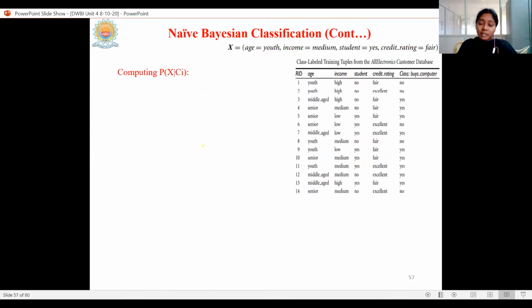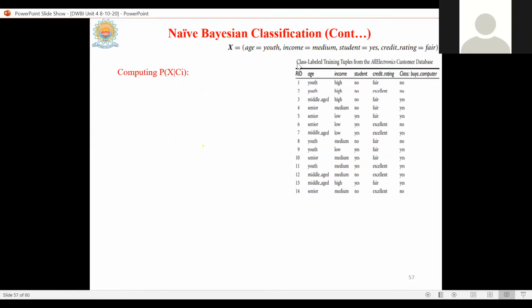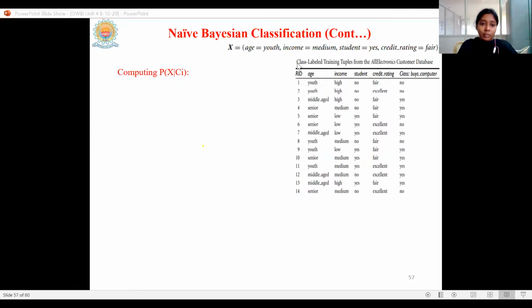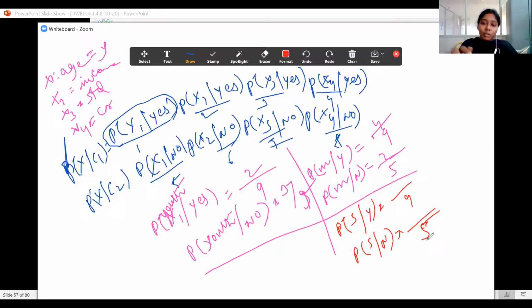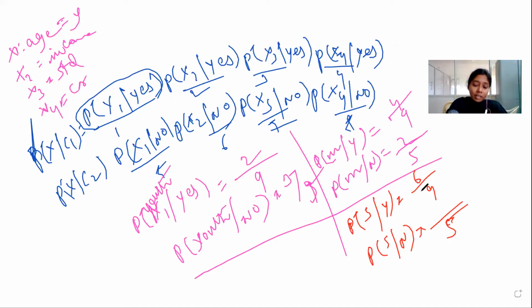So how many S cases are there? 6, ma'am. 6 S's. So remaining are obviously the no's, I think, right? So here 6 S cases are there and remaining